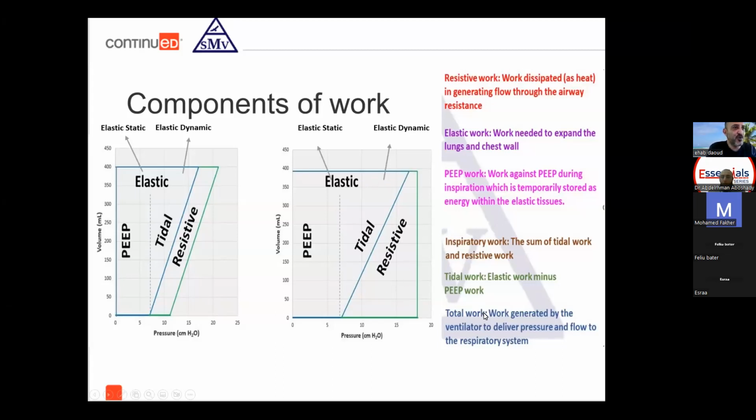And of course, the total work is the work generated by the ventilator, its whole area, to deliver